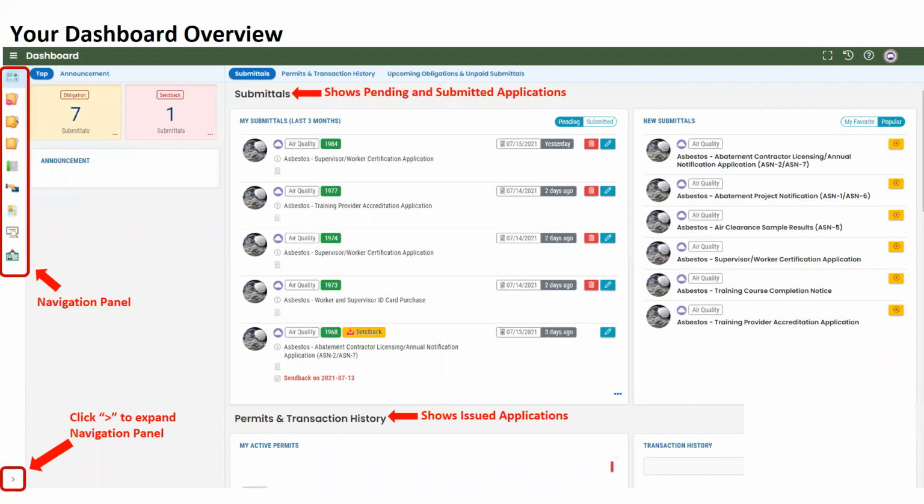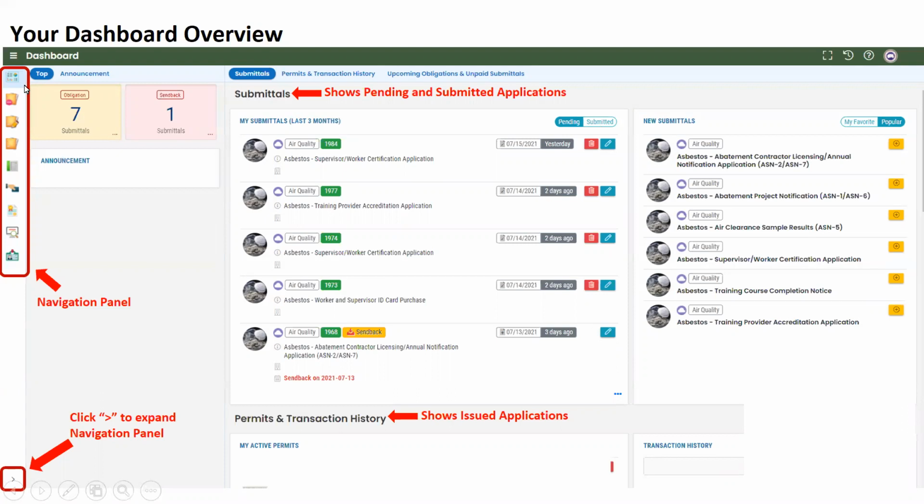So right now you'll see this little blue pending. That's because these haven't been submitted to us yet. So these are in progress. Something might have happened. You might have had to walk away. You might have had to go find an additional piece of information before you could hit submit on this. And so it's in this pending area. This other one right beside it that says submitted would show the ones that you actually submitted to DEQ, the ones that are waiting for DEQ to take some sort of action to acknowledge that, yes, we've received your application or your air clearance report, anything that you're sending to DEQ. It would be in the submitted area.